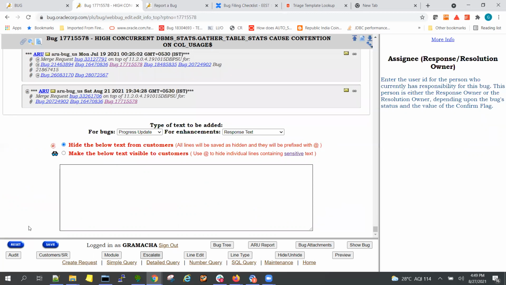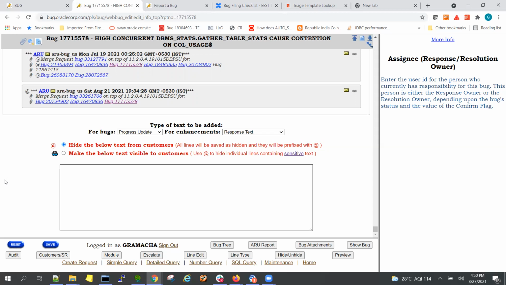Okay, so this is what the bug thing is. Just go through this recording once or twice, so you will have a fair idea. Actually, Gauri showed us how to open a bug, but he didn't show the template. And he didn't put the template also after creating a bug. Oh, okay. Just see, it is everybody's responsibility to do that. Probably he was busy with some other issues. But the template is very important. If you don't have a template, then the bug might be pushed back to us.